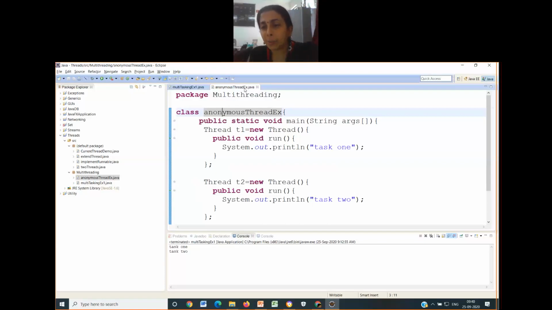Instead of creating and keeping them all at once, if you want to use a particular thread, you have to remember the names of the thread classes you have created. That becomes tedious. So definitely both methodologies have their own advantages and disadvantages. What is the disadvantage of this anonymous thread class? We will see when we complete this example.